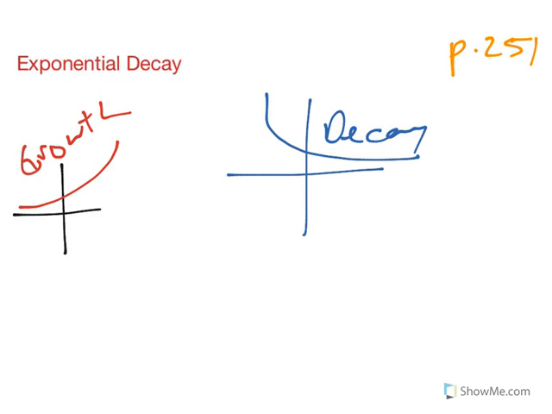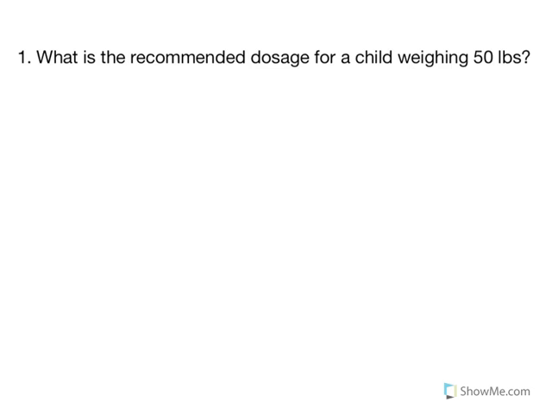Okay, so we're on page 251, and we are starting out with a problem. It's going to build to this, but we're talking about the medication cephalexin, or something like that. And we have a problem that says the recommended dosage for an adult is 40 milligrams per kilogram per day, with the divided dosage being given every 8 hours. Well, we've seen these problems before, and if I remember correctly, everybody loved them. So when we look to this problem, we've got a 50-pound kid. And I guess we're assuming that we are dosing the kids the same as the adults based on what's given.